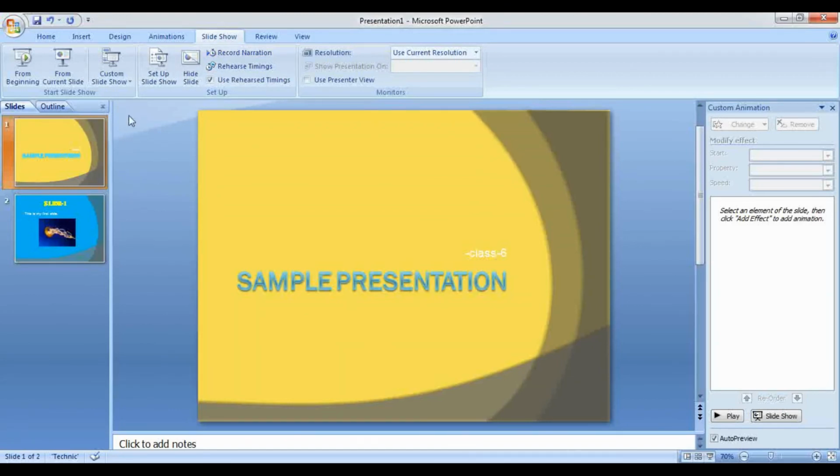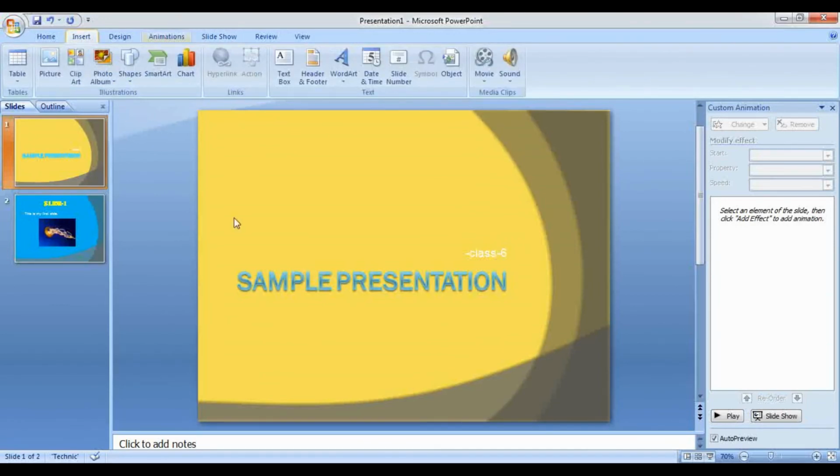Similarly, you can add different sounds. You can add different music to your presentation by simply going to insert. Now in insert, you will have a group called the media clip. So in the media clip, you can add a movie or you can add sound. So in movie, you can add video clips.